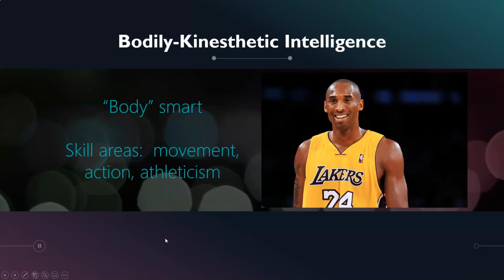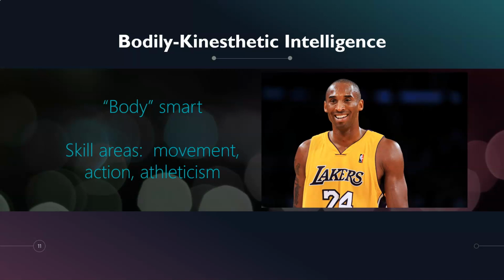Next on our list, we have that kind of strange word up there. That is bodily kinesthetic. And that means that these people are body smart. They're movement smart. They have a very strong sense of learning by movement, by action. They tend to move around a lot. They enjoy working with their hands and their fingers and their arms and their feet, their toes. They are graced with some form of athletic ability. So obviously athletes, dancers, actors would all be in this category. And as you see on the screen, the former, deceased, obviously, basketball player Kobe Bryant would be an example of this.